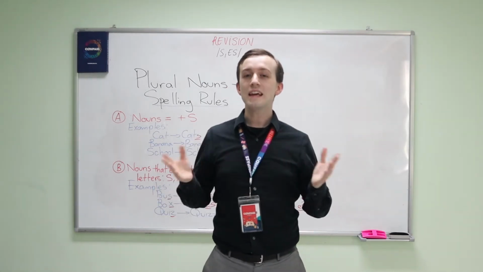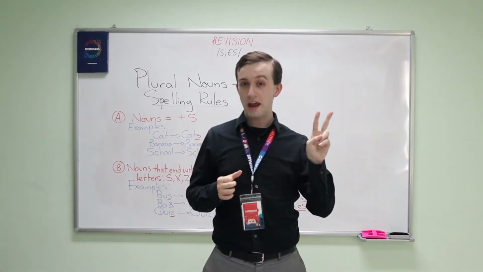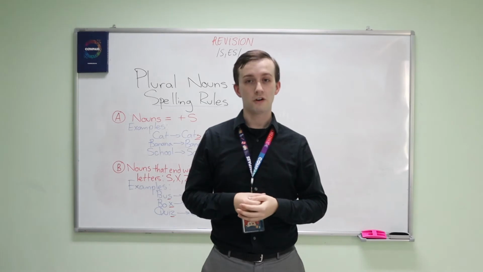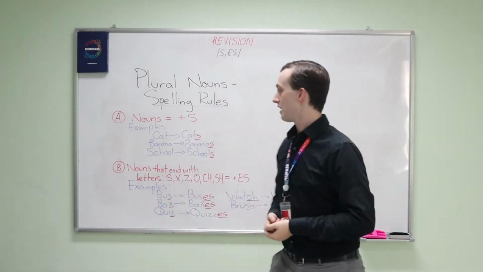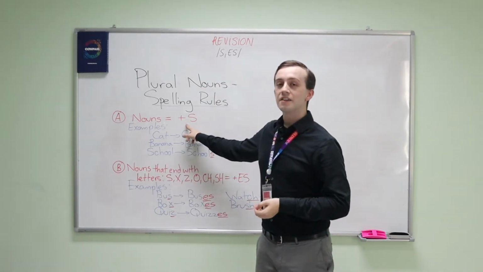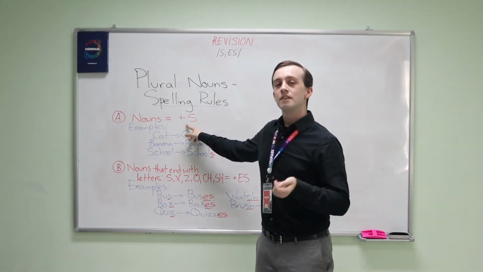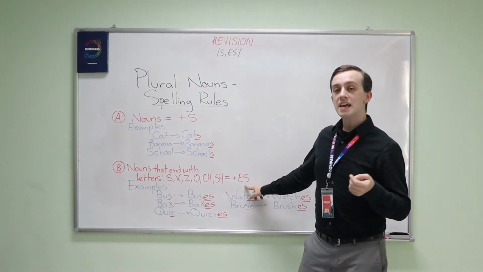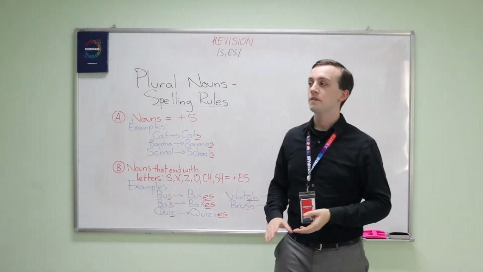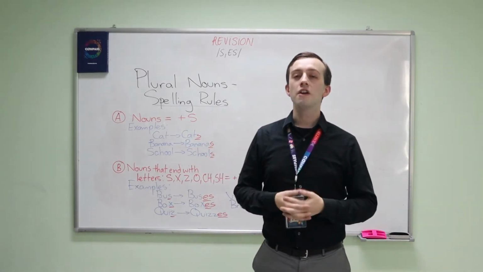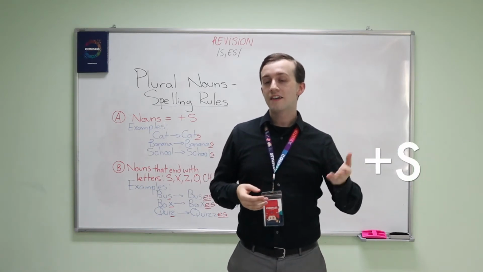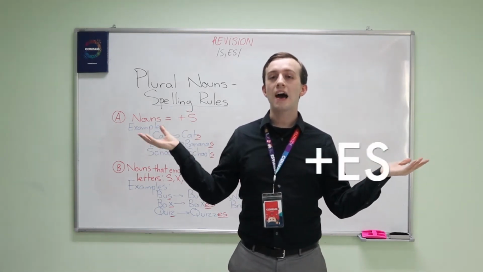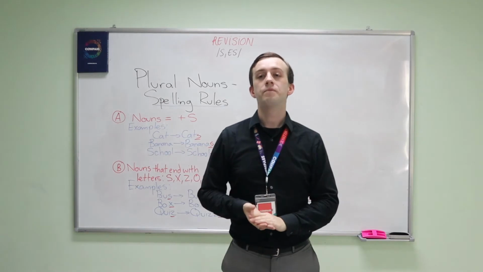So, in English, there are two ways to make a noun plural. The first is add letter S. Number two is to add letters ES. So, how do you know when to add S and when to add ES? Well, first,